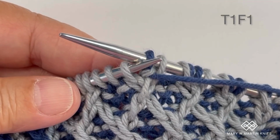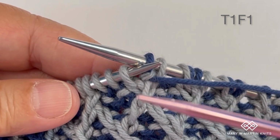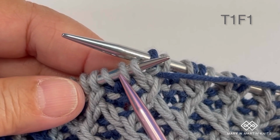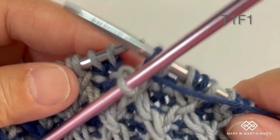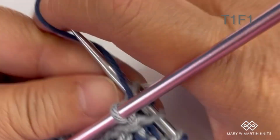I'm going to work a T1F1. I'm at a design stitch and it wants to move to the left. It will move to the left of this background stitch that's beside it. What I'll do is slip this design element to my cable needle and hold it in front. I'm going to purl that background stitch,